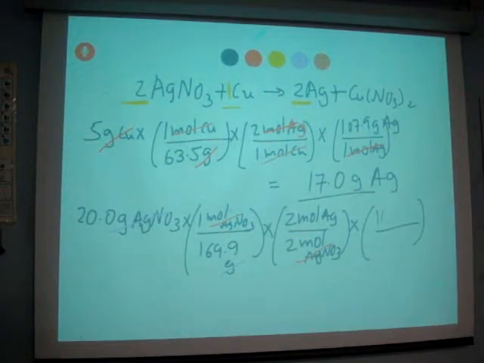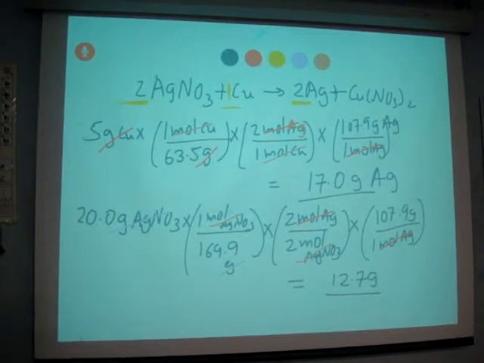Now, the molar mass of Ag is 107.9 grams per 1 mole of Ag. When you cancel out moles of Ag and work out the numbers, you get about